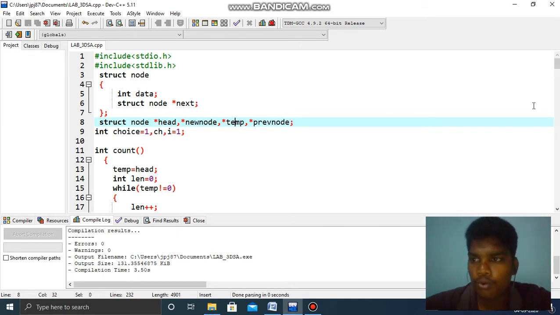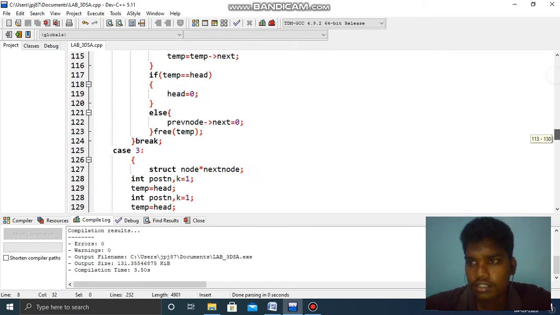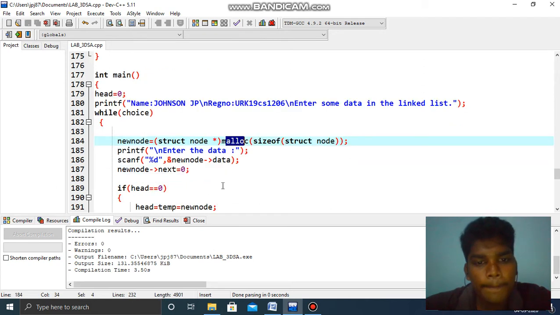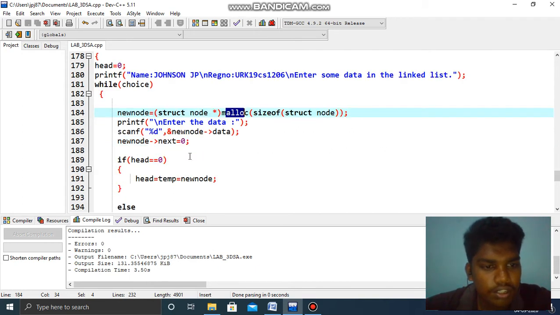So now we see the main function. Malloc is called for memory location, size of struct node. Printf, enter the data.